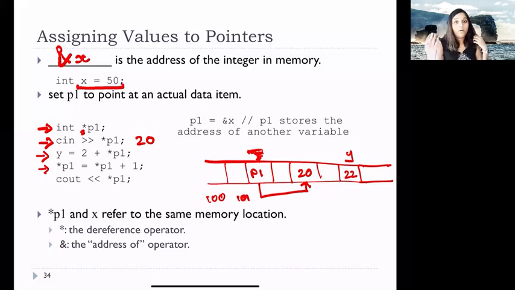Again, depending upon the type of what we are storing, because these are ints, it will be 104, 108, and so on. So whatever this pointer p1 is referring to, which is 20, we'll be adding 1 to that. This will become 21. And then finally we are printing it out. So it will print cout pointer p1. It is going to print 21,